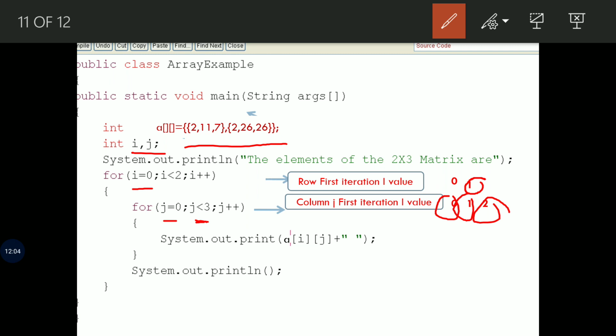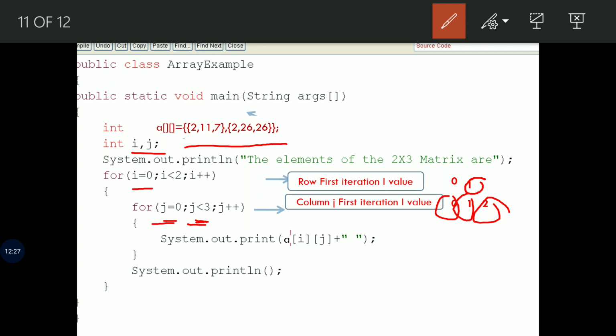Column first iteration. The value of the column is 0 and the condition j is less than 3 is true. So it will start executing the statements inside the loop until the condition fails. System.out.print a of 1 of 0. It prints the value, and the column is incremented by 1.